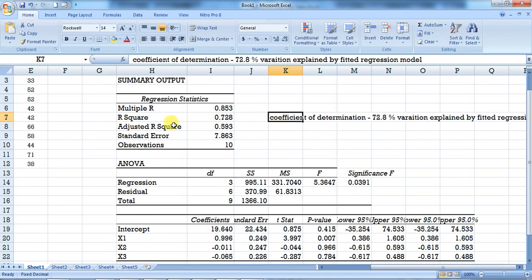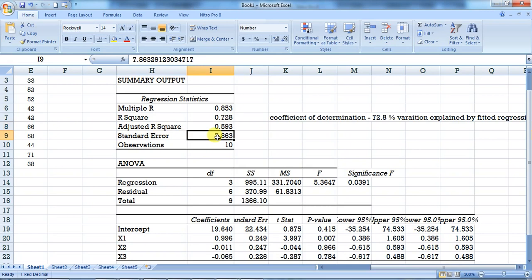Similarly we have the adjusted R square. Both are known as the coefficient of determination, where R square is used when comparing two regression models with the same number of observations. That means there are 20 observations in the first model and 20 in the second also. If the first data set has 20 observations and the second has less than or more than 20, not exactly 20, then we have to use adjusted R square. It is adjusted with respect to degrees of freedom, so it is known as adjusted R square.